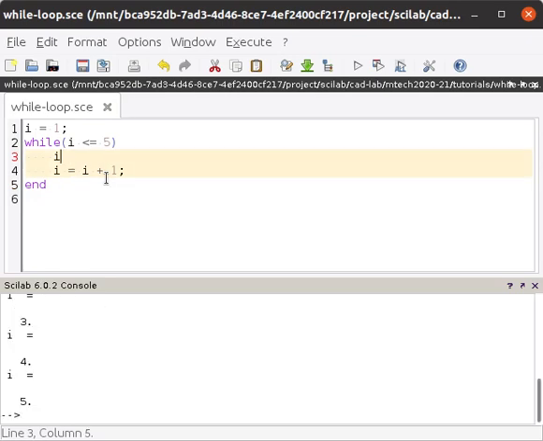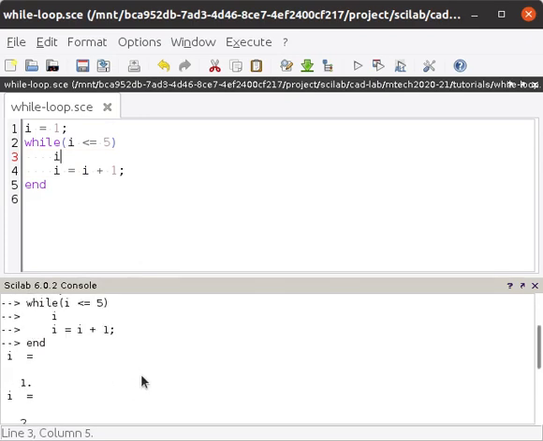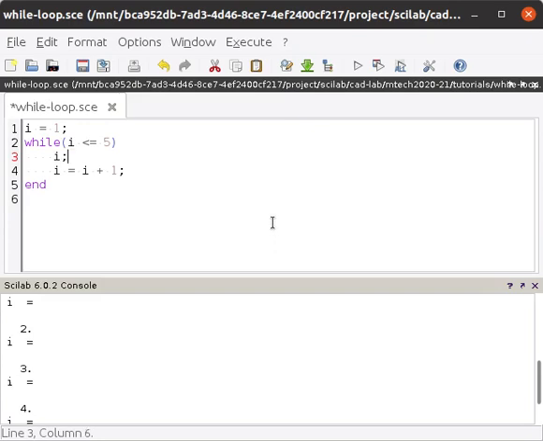Let's see what will happen. So now it is printing the value. So in Scilab you don't need to give the full printf command as in C++. Here you just put a semicolon or remove it, and it will control your output.